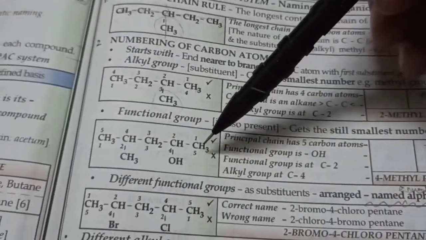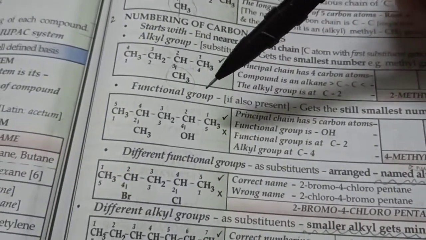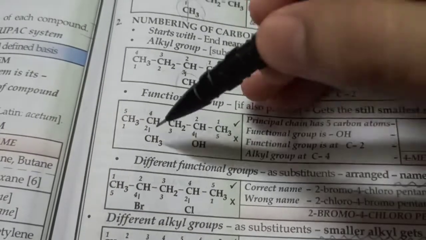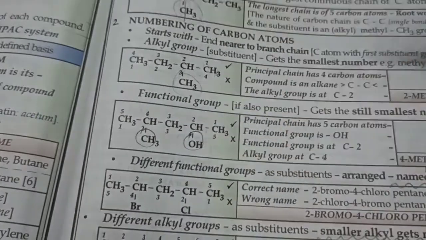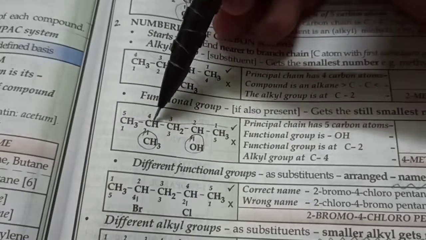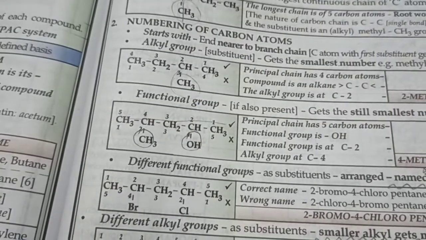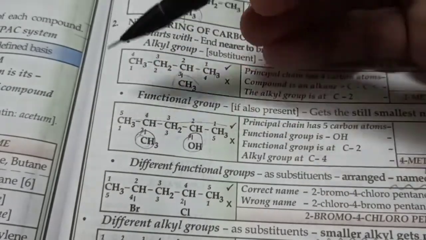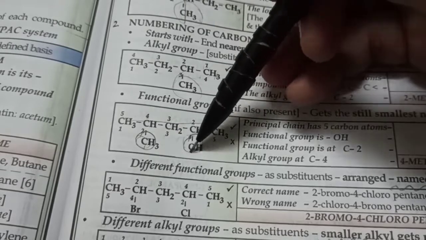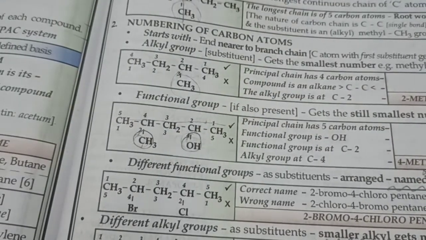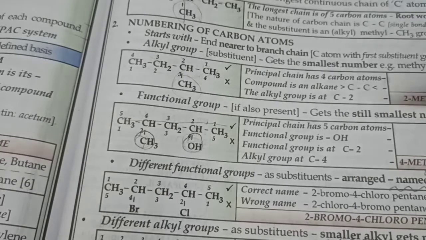Okay, what about this one? Can you guess it? Don't look at the answer, please. This is a bit challenging. We've got 2 attachments here. We've got a methyl group as well as an alcoholic group. So the parent chain, this is the longest chain here. 1, 2, 3, 4, 5. That's pentane. Yeah, single bond. So pentane. Methyl is always a prefix, so that will come in the beginning. So methyl pentane. And this is OH, a functional group, so that is a suffix, so that will come in the end. So that's pentanol. So it is methyl pentanol.